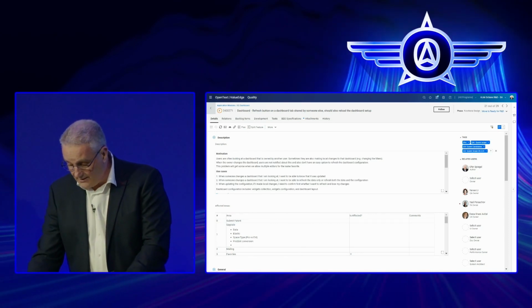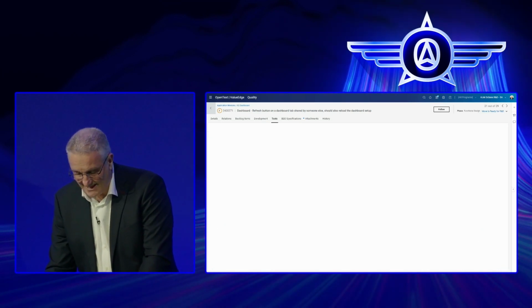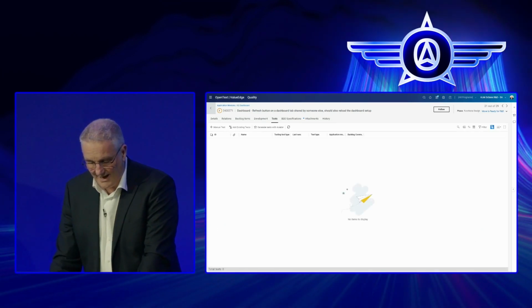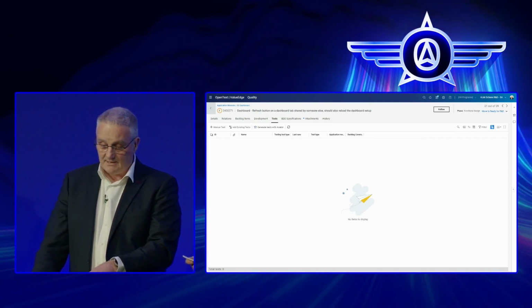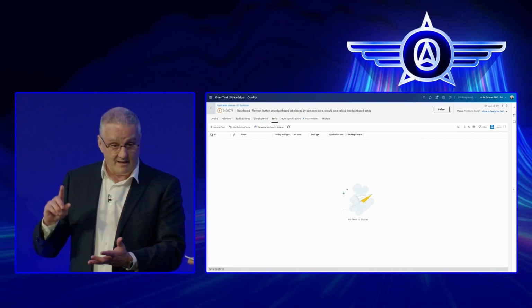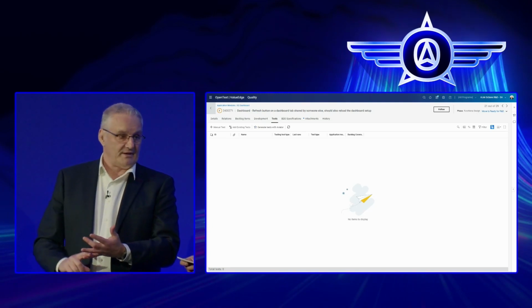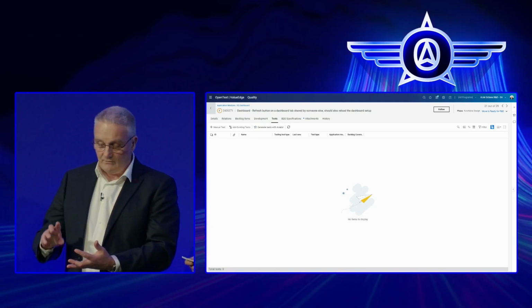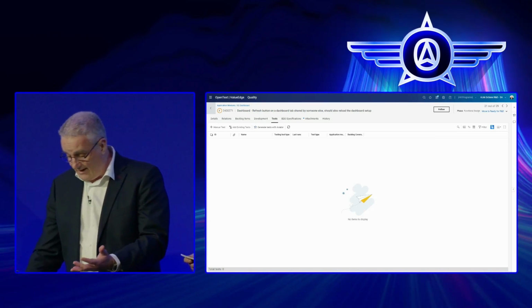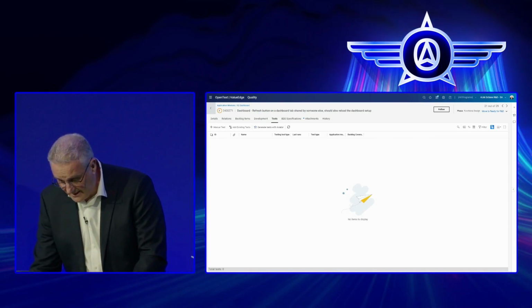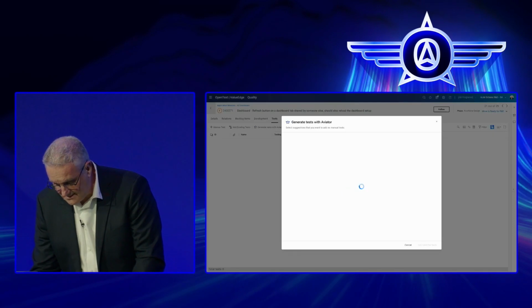Yep. And I look at it and I realize that there's no testing for this. Right? So we have no tests for that particular feature. Most of the time, somebody in QA would have to come in, look at the feature, figure out what the test is going to be, write that all down, or we can ask Aviator. Aviator is going to allow us to come in, hit create, generate tests, and it will